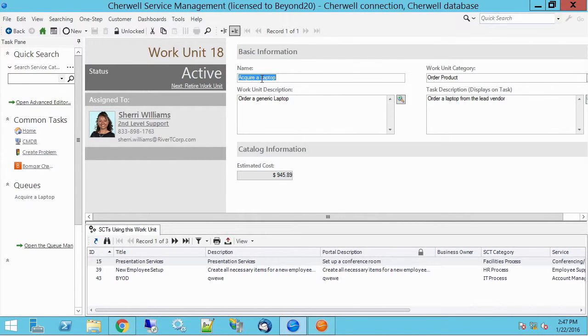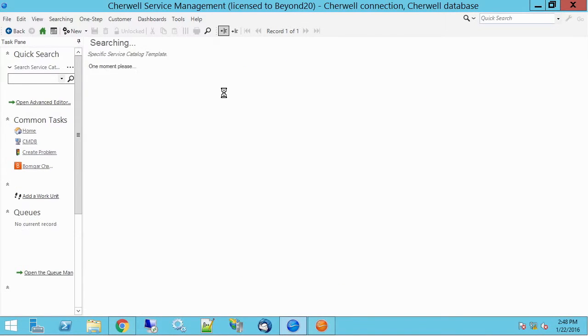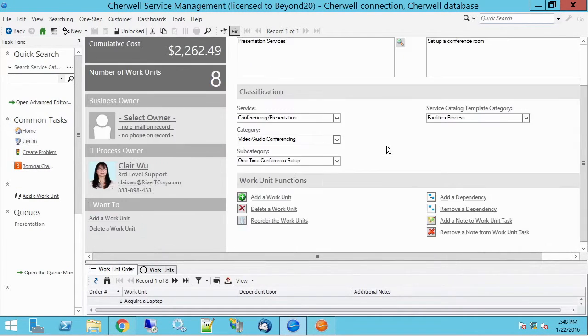so I can see that it's active, and some basic information about it. And then we have over here service catalog templates using this work unit. So we're reusing these work units, and they can be tied to different things. So it's tied to the BYOD, presentation services, and new employee setup. Very cool. We even have an estimated cost in there. You can get an idea of what is the average cost of, say, this collection of work units in this template. Pretty exciting. This is probably the most thrilling thing I've seen in 8 so far, along with the portal